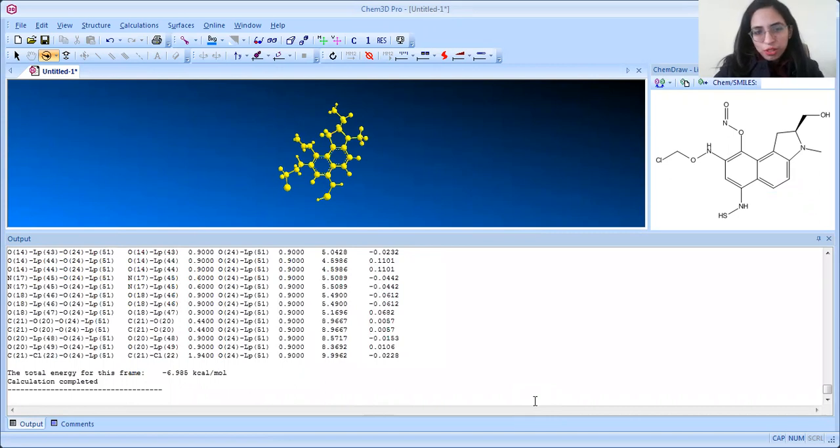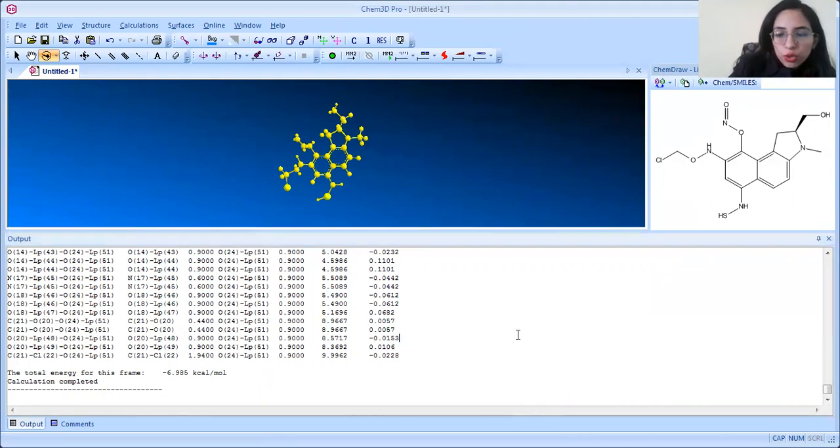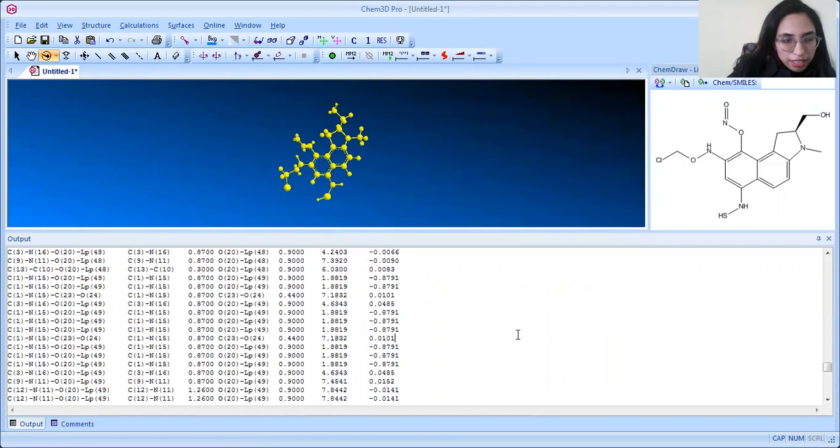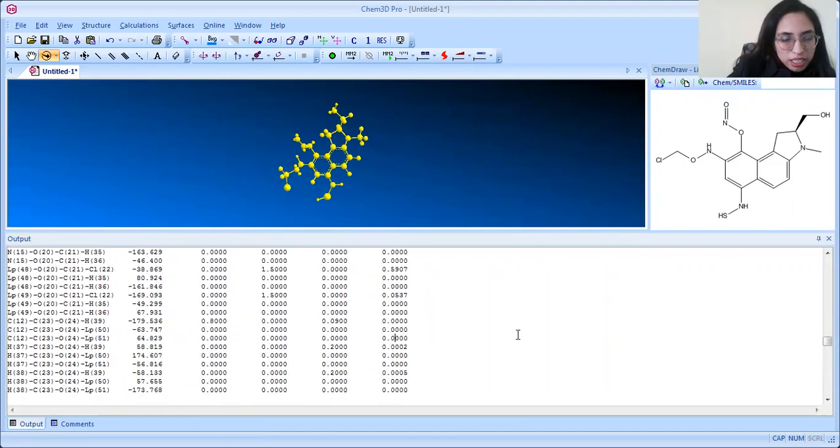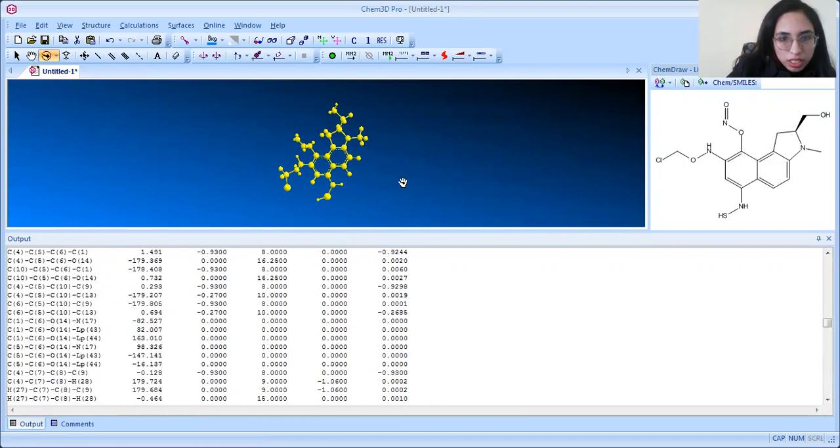I do not know about you, but this software is very useful, and this is an authentic one, because the results obtained by it absolutely correlate with the practical results, as I have already verified. It's all about how you compute these, like this is the static energy and the bond order. You can see, and if you want to save this output, you can save it also.